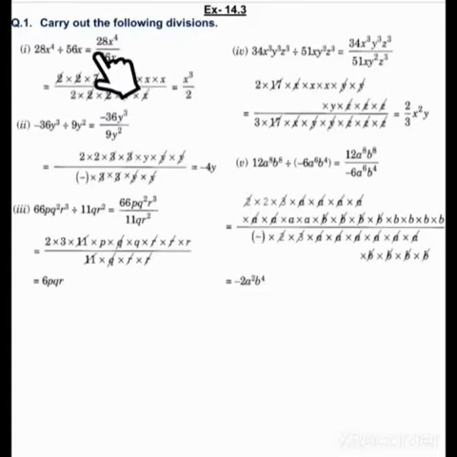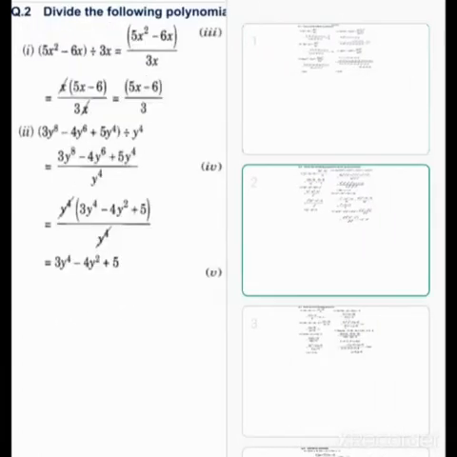So here first one is 28x raised to 4 divided by 56x. So we have to convert it in fraction form. Then cut it: 28 ones are 28, 28 twos are 56, and x raised to 4 in numerator and x raised to 1 in denominator. So we have to take x raised to 4 minus 1. Already you have to learn this in exponents and powers. So directly you have to take 28 ones are 28, 28 twos are 56, and x raised to 4 minus 1. So our answer is x cube divided by 2. Same as, you have to split the terms, your answer will come. Come to the question number 2.